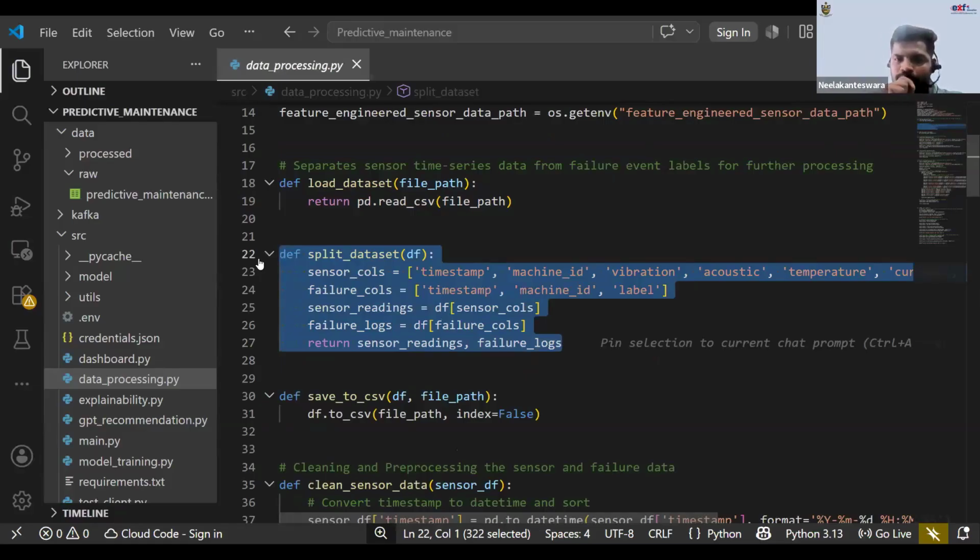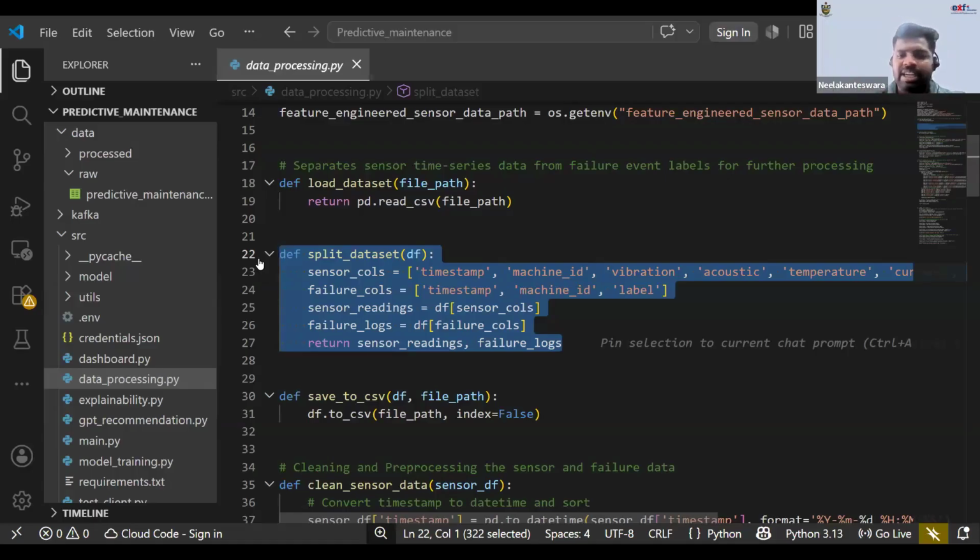Why? Because if you train the machine learning model on 100% of the data and there is no new data to test or evaluate the model, and you evaluate the model on the same data which you used for training, it can't give a reliable accuracy. That means we can't tell how good the model is. To tell how good the model is, we need new data to predict on, right?